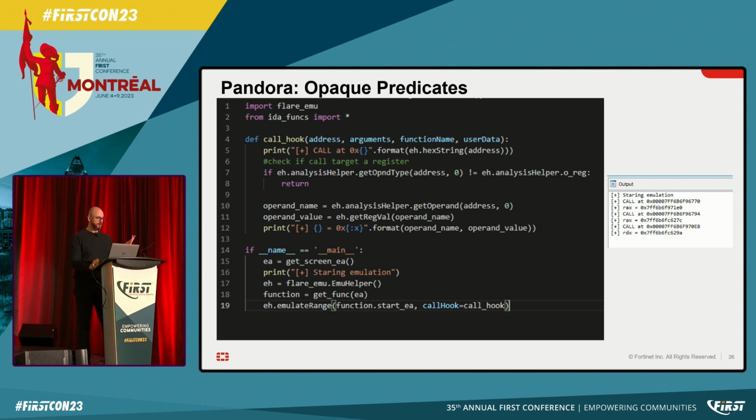So it basically just prints out that I found a call here, and this was the value of the register that's being called. You can extend this script, so that's what I did, to comment these values back to IDA Pro. You can even add artificial cross-references from that call to the function that's being called. So you can extend your IDB to be useful in the future with this additional information.